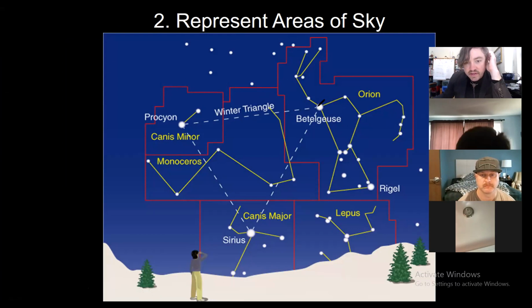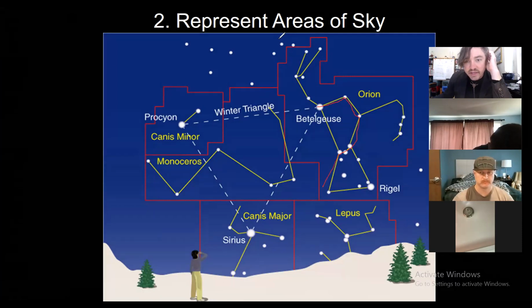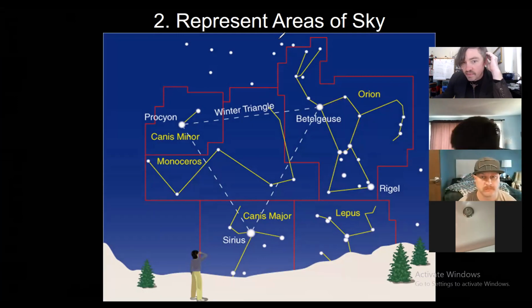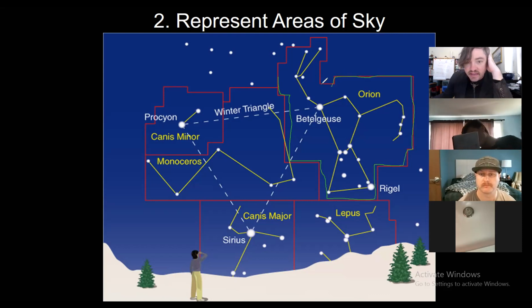You can see that Orion is a stick figure that connects these different stars, but there's actually a boundary. I should pick a different color here. How about green? We've traced out a boundary surrounding Orion, and anything within this box is considered to be in the constellation